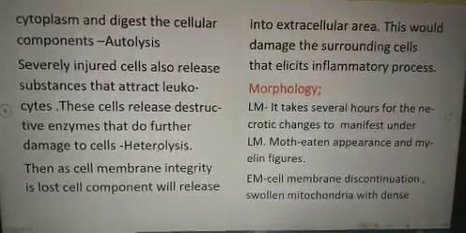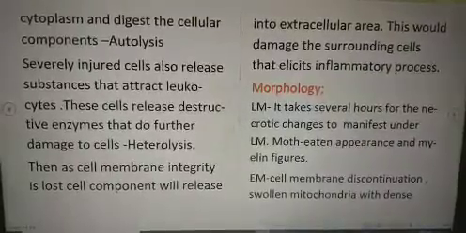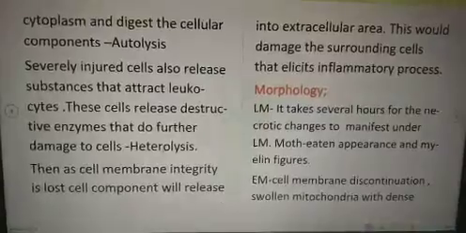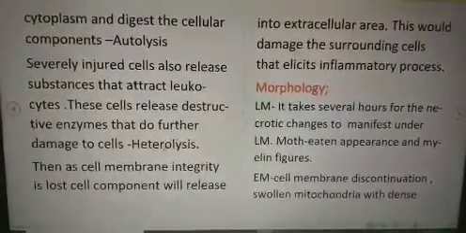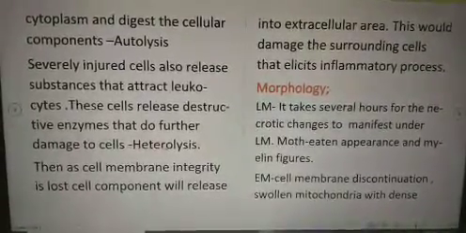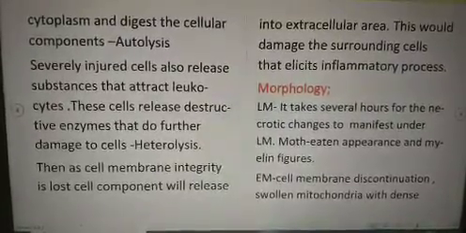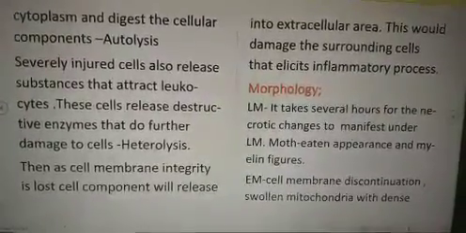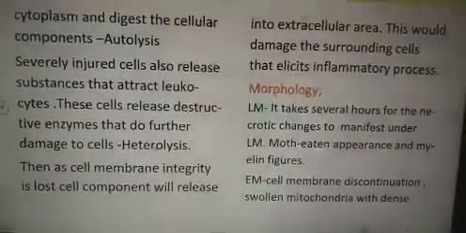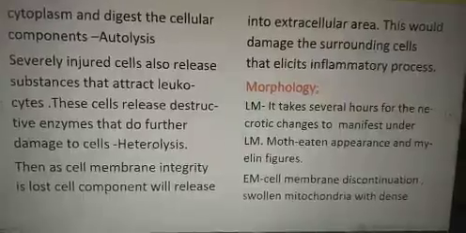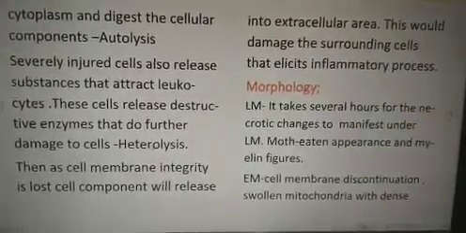So what is the moth-eaten appearance? As the cells are undergoing necrosis, their organelles start to denature. So they disorganize, and that area of the cytoplasm appears as a moth-eaten appearance when we stain that necrotic tissue to see under the light microscope.